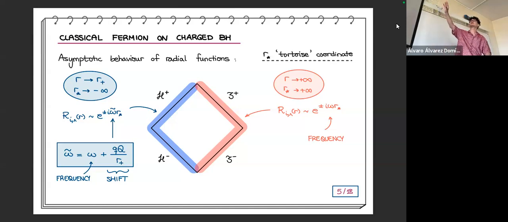So what happens is that the radial functions behave widely inside the square, but when we get close again to the event horizon, what happens is that r happens to behave again as a plane wave. But a plane wave, and this is very important for what follows, not with frequency omega, but we have there another letter, which is omega tilde. And omega tilde is not omega, and this is essential for understanding everything. Omega tilde is not omega, but omega plus a shift. A shift that is given by the charge of the fermion field times the charge of the black hole divided by r plus.